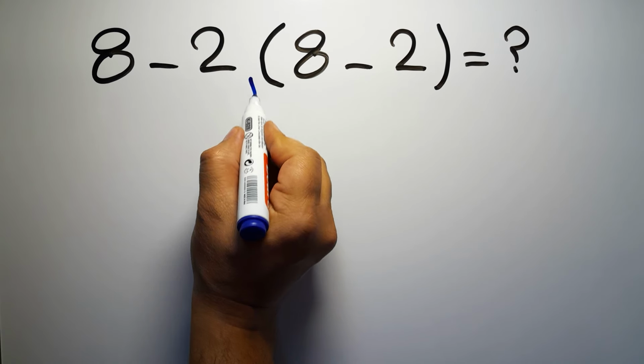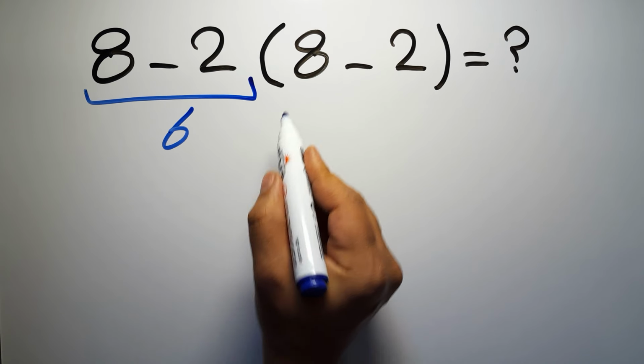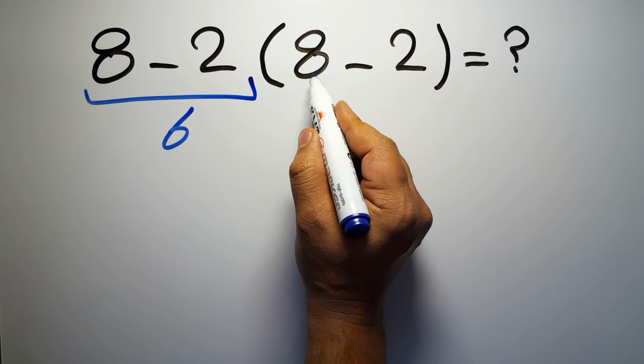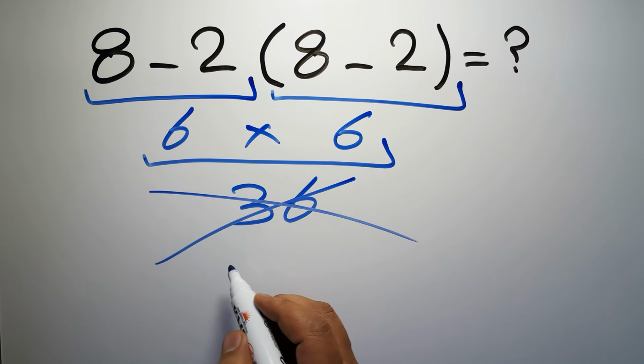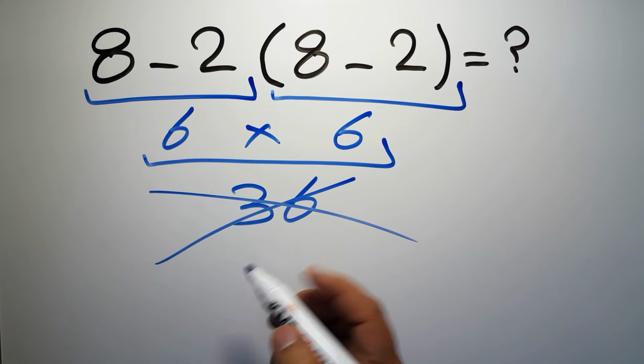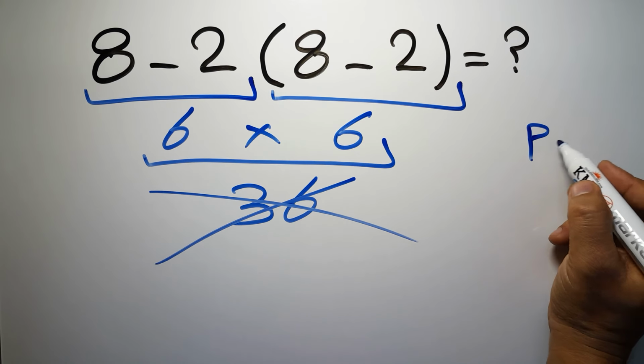8 minus 2 gives us 6. And again here inside this parentheses we have 8 minus 2. So 6 times 6, which equals 36. But this answer is not correct, because according to the order of operations, first we have to do parentheses, then